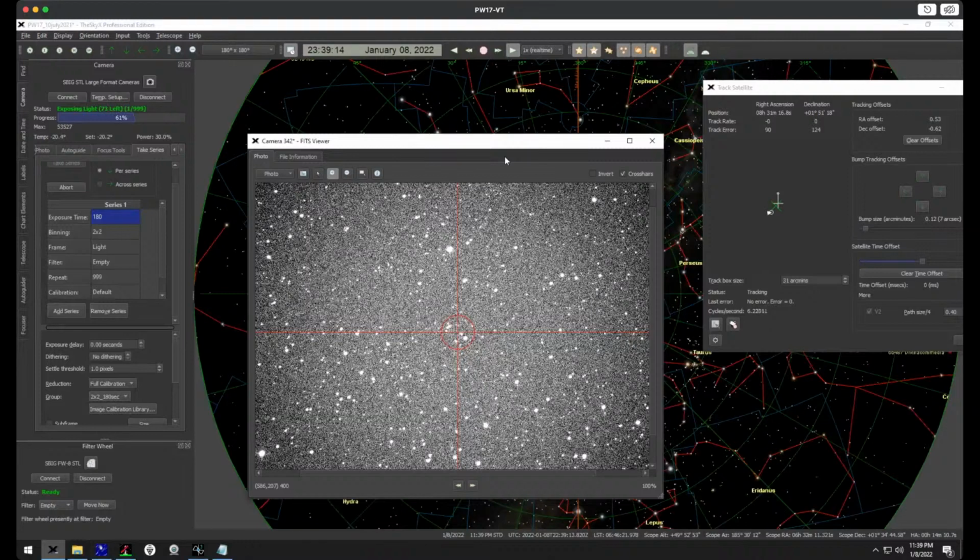So I asked my telescope to point where the James Webb Telescope is supposed to be, and then I asked my telescope to track the James Webb Space Telescope across the stars. And now it is taking a long exposure. On the upper left you can see exposing light, 52 seconds, 50 seconds left, and we are waiting for that countdown to go to 0. At that point the very sensitive camera we have on the telescope will download its image,